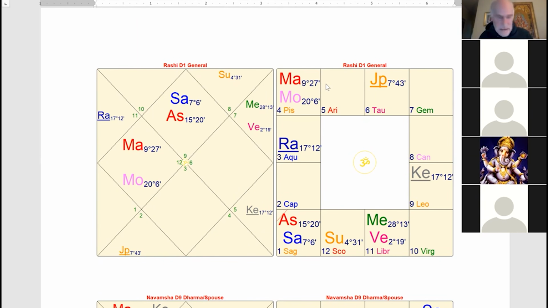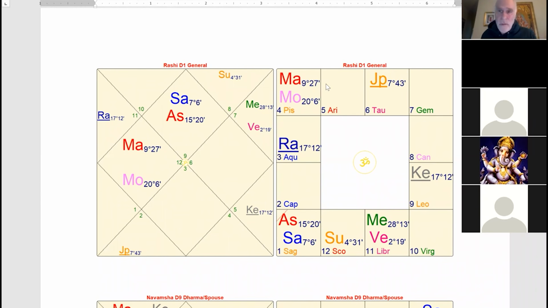Well, as I said in the article, these things are hard to tease out. It's hard to see what astrological factor contributed to what, because as Sandeep was saying, you've got a variety of things here. So my answer is I don't know.